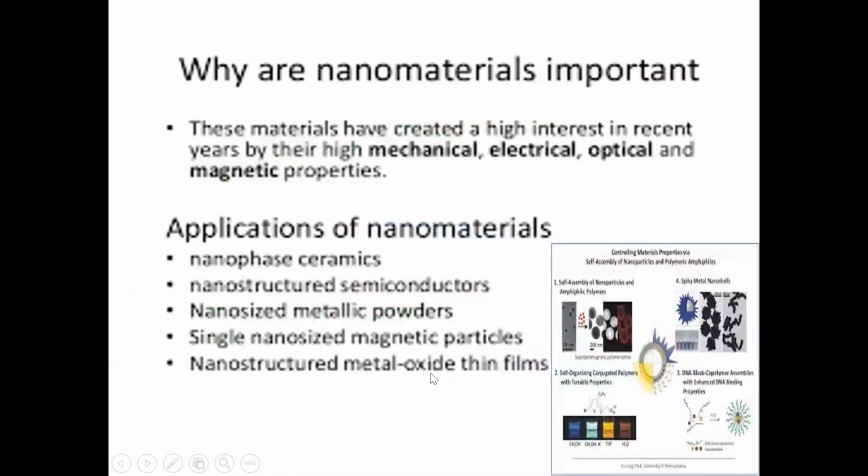Why are nanomaterials important? So these materials have created a high interest in recent years by their high mechanical, electrical, optical